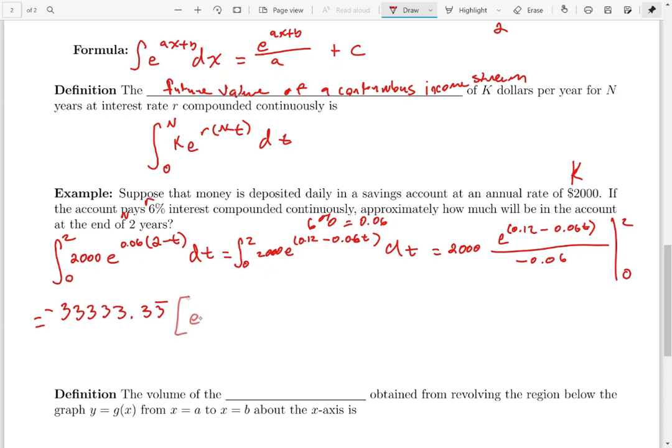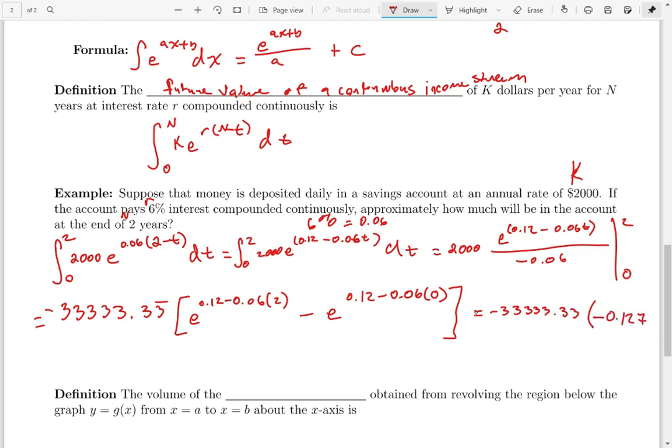That's going to be e to the 0.12 minus 0.06, where t is 2, minus e to the 0.12 minus 0.06 times 0. And I get that this is then going to be negative 33,333.33 times negative